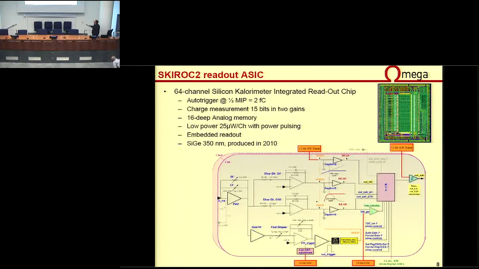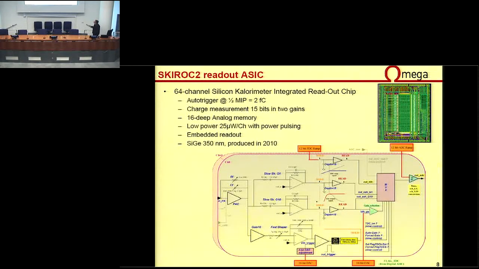Using the power pulsing at 1% duty cycle, we reach 27 microwatt per channel. So basically, the